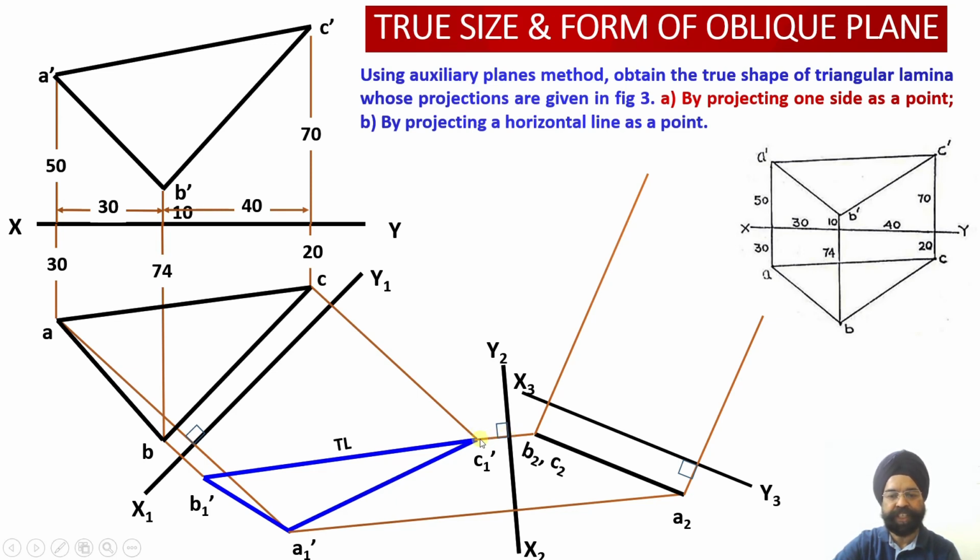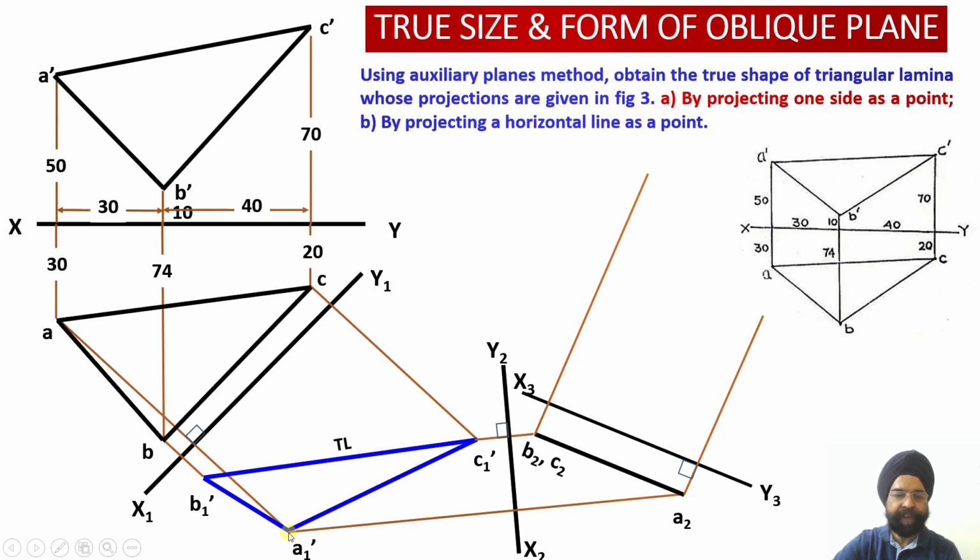Please check, from the second auxiliary plane, what are the distances of the elevation? Distance of C is this much. I will measure how much is this distance, I do not know. So who will know? My compass or my scale or my divider. I'll measure this distance either using the scale, the divider or the compass. The best way to record this distance is to use the divider. So I'll use the divider to measure this distance and mark it over here onto the locus line of B and C. Similarly, I'll measure the distance of B from the second auxiliary plane again onto this locus line, and mark the distance of B over here.